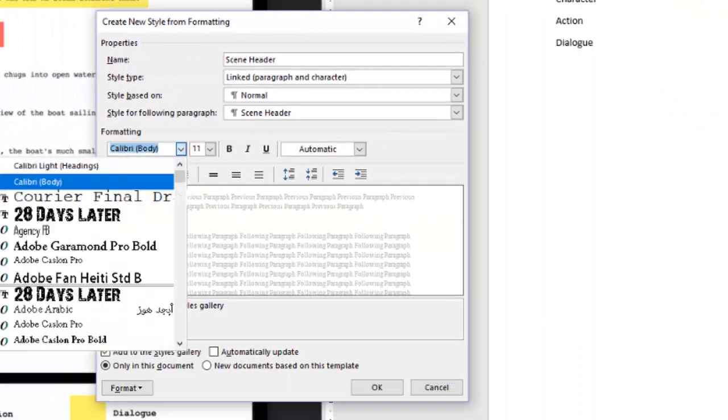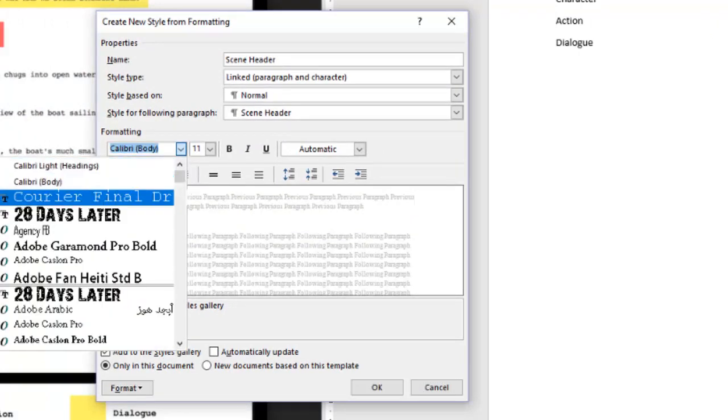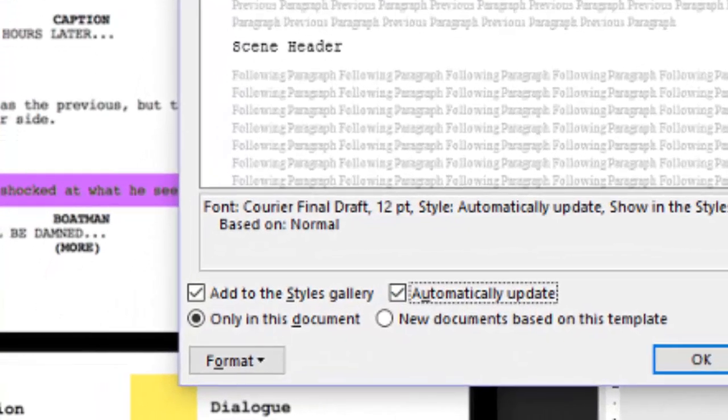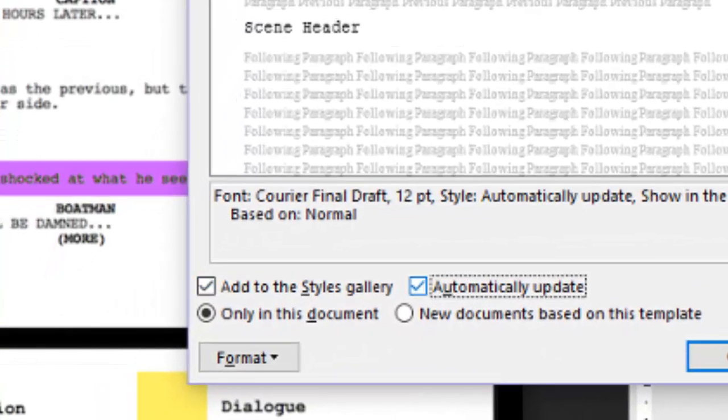I can change the font here, and this Courier Final Draft font is what I want it to be. I think I want it to be 12. Yeah, that's good, and I'll just leave it like that. As a matter of fact, I want to choose automatically update, so that it'll automatically update in the gallery.